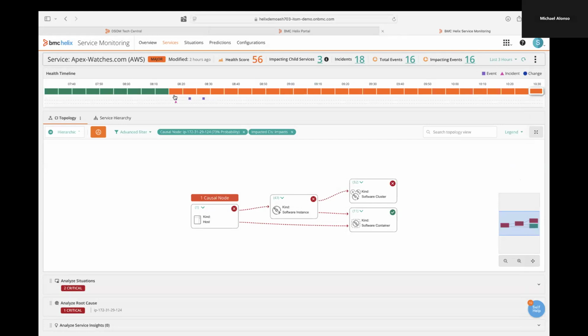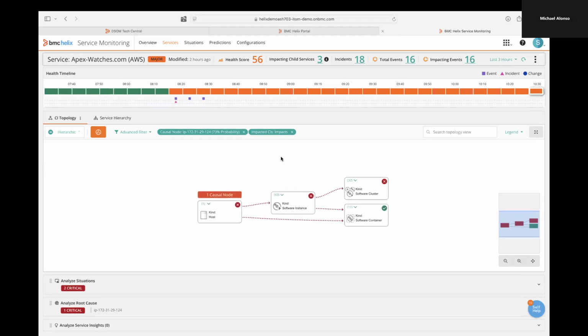What I actually like is my health timeline. So right here, you can see events, incident, and change. So what we had is an event occur this morning. And then with that, it created an incident. And then you can see a couple other events that were happening throughout the timeline where things started falling to pieces. That happened intentionally this morning. I got into the system this morning and broke a few things, because looking at everything in an OK status can be rather boring. So, like I said, when I logged in this morning, I started breaking a few things for us to have something to take a look at.